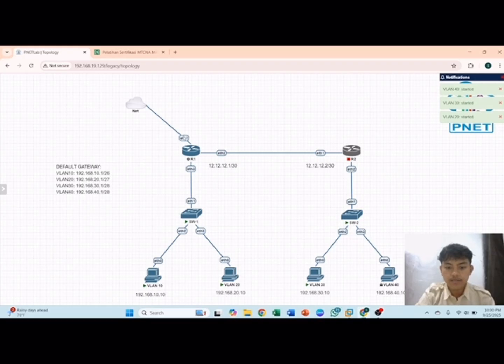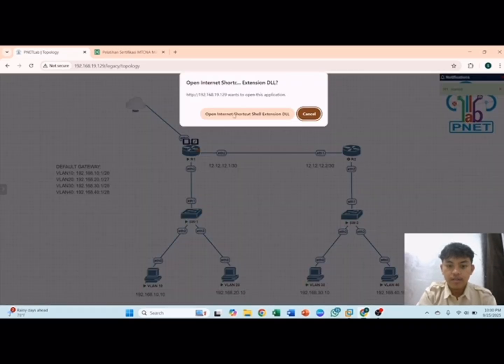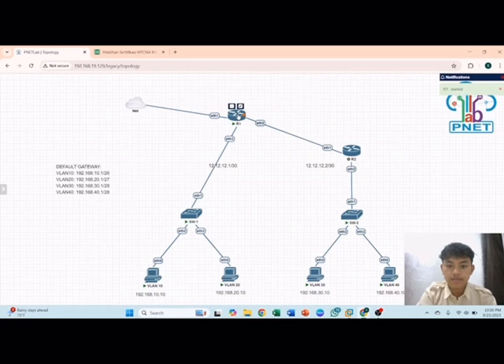If the routers and the others are on, you can click router 1 here, and then you can click open internet shortcut.